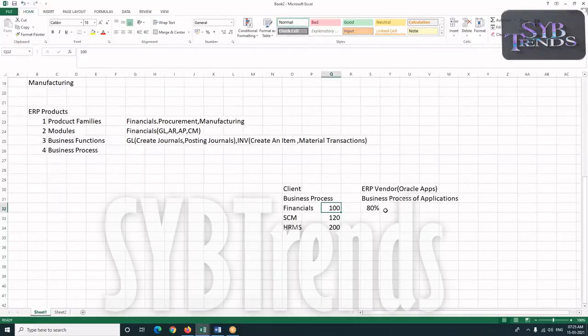Now, how do we fill this gap? Are you getting the point? I can say none of the ERP is going to satisfy 100% of the business requirement of the client. Still, there is some gap. How do we fill this gap? For the remaining 20% of the business functions, they go for